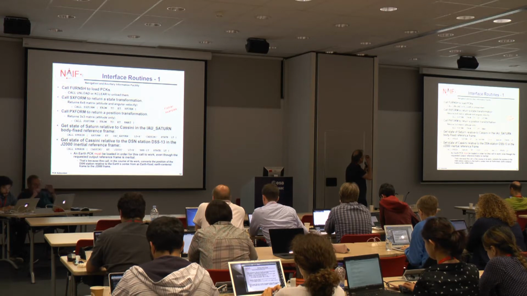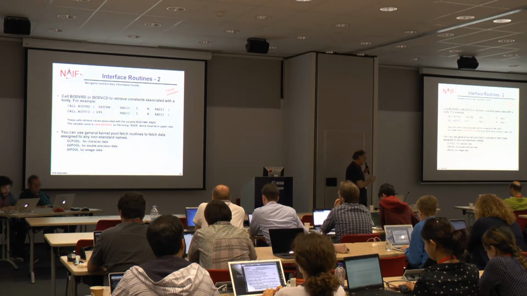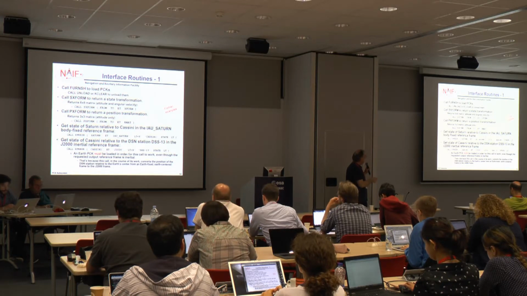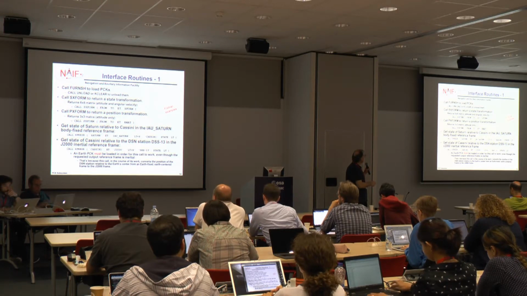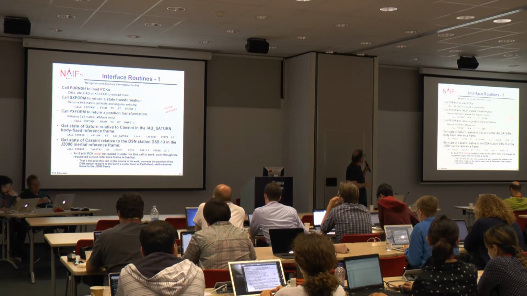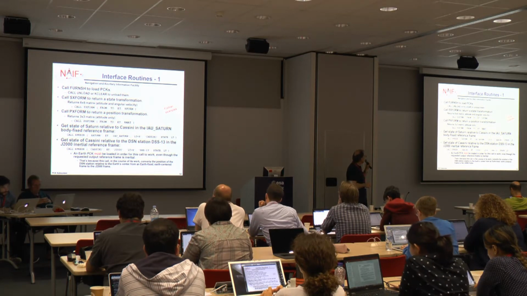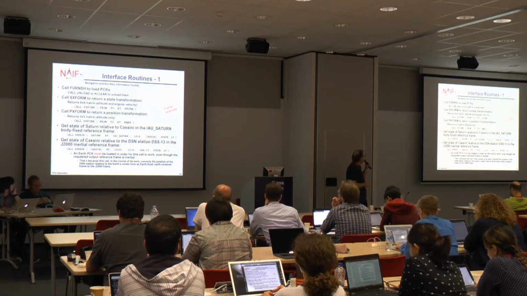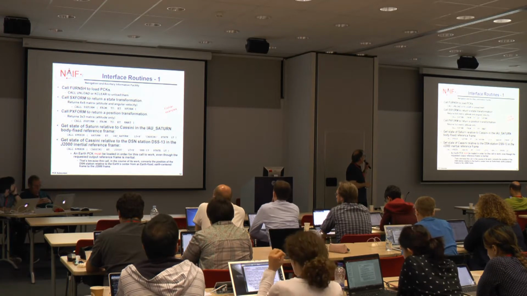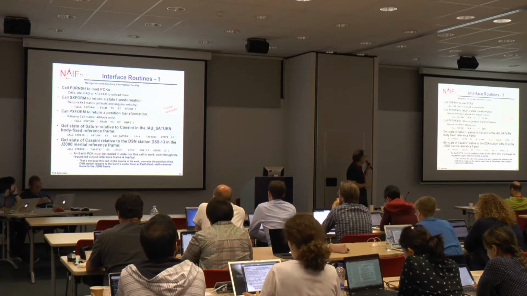Interface routines for PCKs, as with all the other SPICE kernels: you call furnsh to load PCKs, and you call unload or kclear to unload them. You call sxform to return a state transformation. You call pxform to return a position transformation. You can get the state of an object relative to another using SPK, which will use PCK behind the scenes,